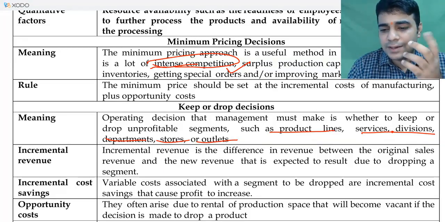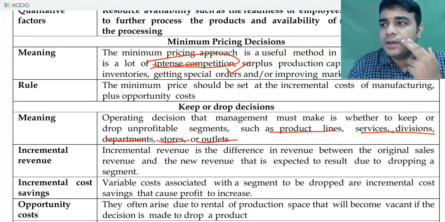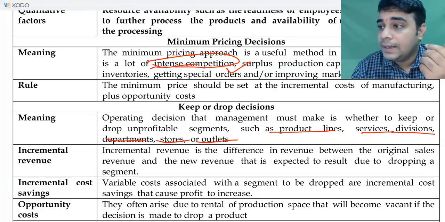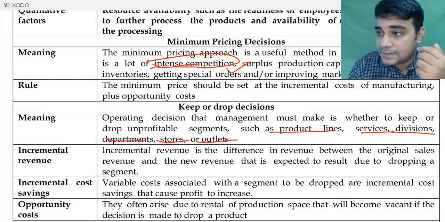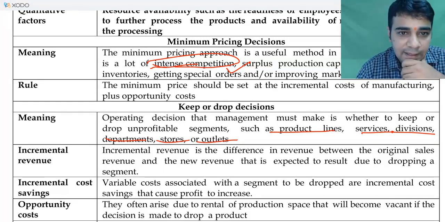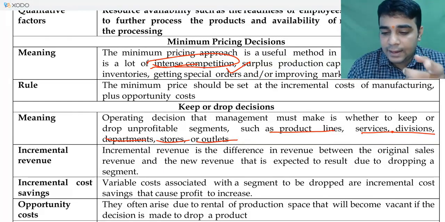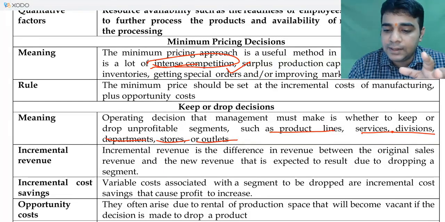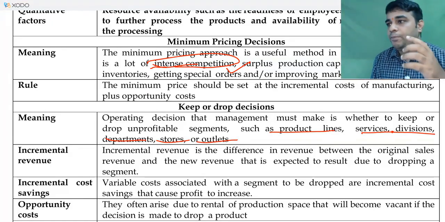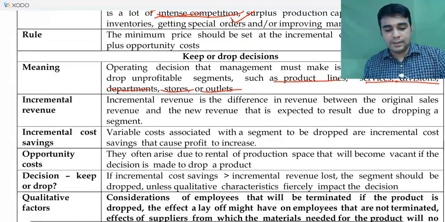Again, one point you are still ignoring, the same point you ignored earlier also. Yeah, impact on your supplier. So I will have to look at what is going to be the impact on customer, impact on suppliers, impact on employees of the company. These are three major factors I may have to look at. What is the impact on employees, impact on customer, impact on supplier. In fact, this was the same thing. If a strike happens, what are the qualitative factors you look at? So the same points are going to come more or less here.